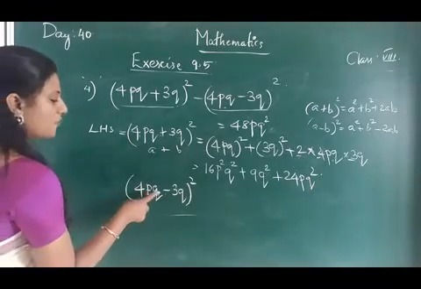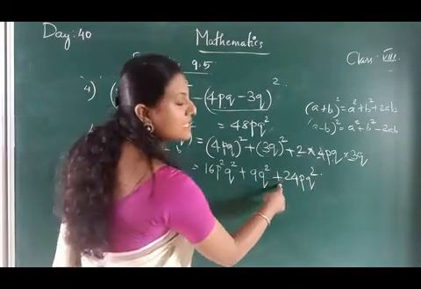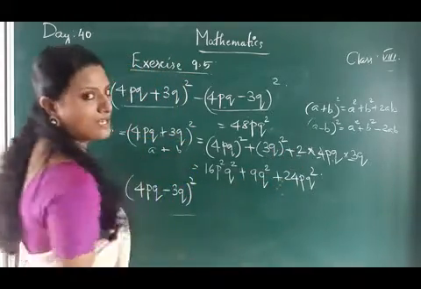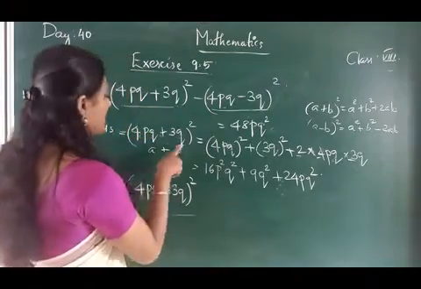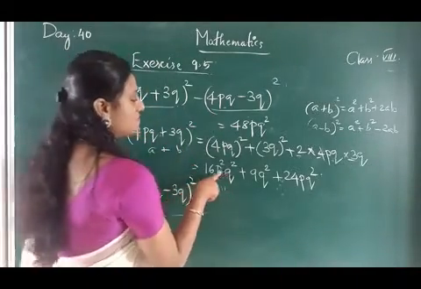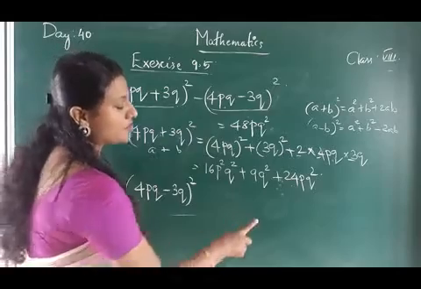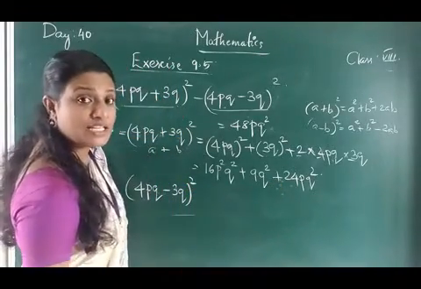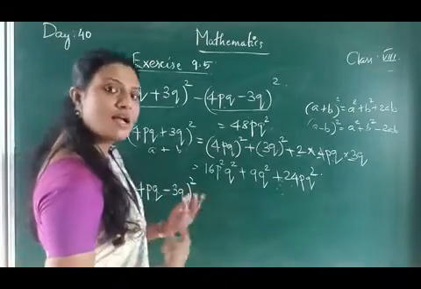So this is 4pq minus 3q the whole square, which means you have to put minus for this 2pq. Sorry, minus 2ab. Here plus 2ab, here minus 2ab. Here you already got this answer using the a plus b the whole square expansion. Then for a minus b the whole square, what difference will there be? The sign of this will change. What was positive becomes negative.